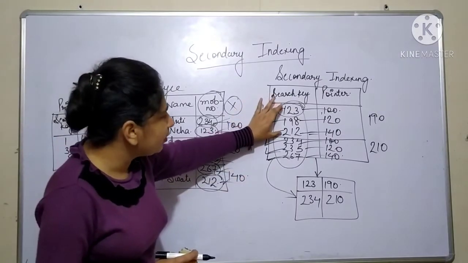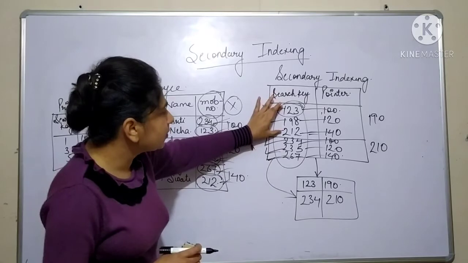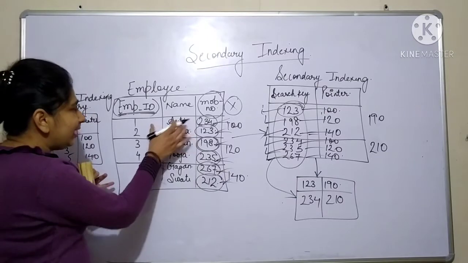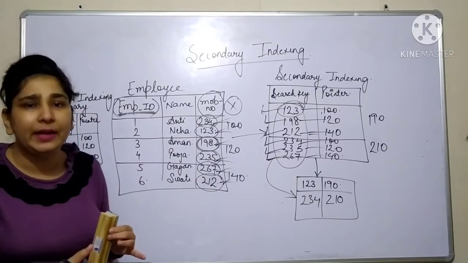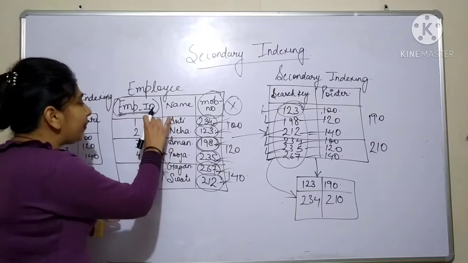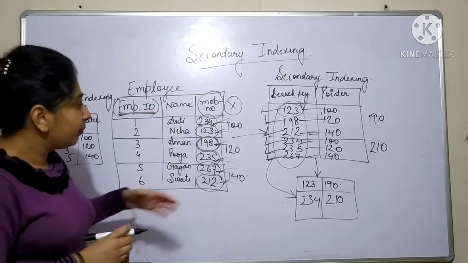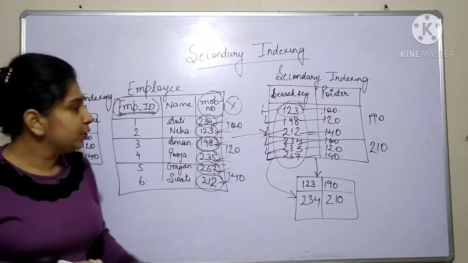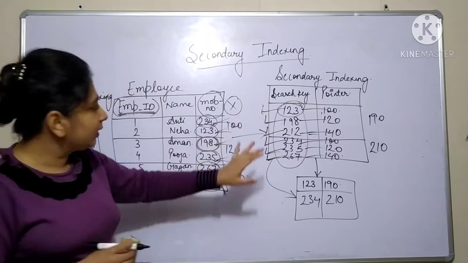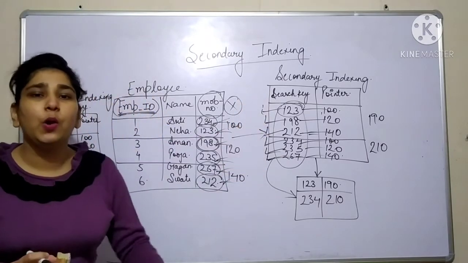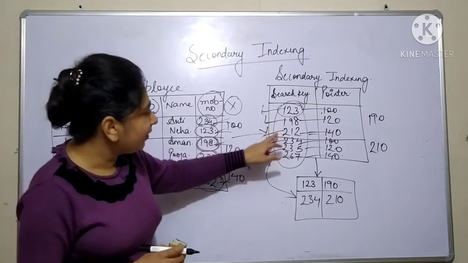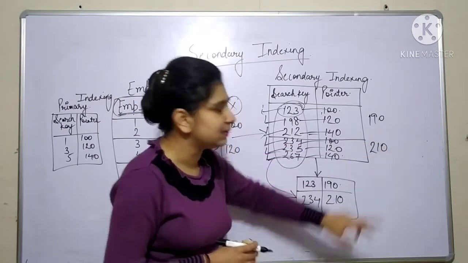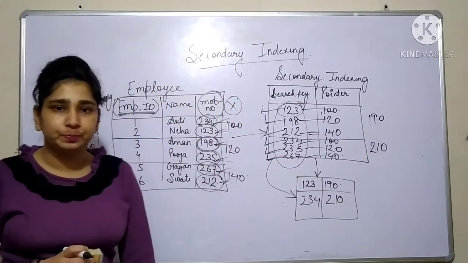One block is capable of accommodating 3 records of this relation. In this relation, your one record size is big, so your block is just capable of holding only 2 records. But in this case, your record size is lesser, so your hard disk block is going to store the 3 records. We are having 2 blocks in this case, and their memory addresses are 190 and 210.